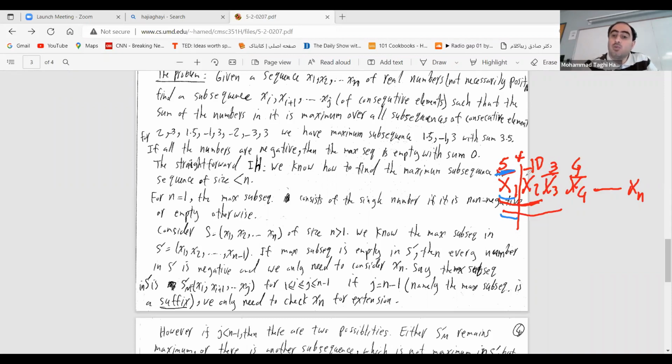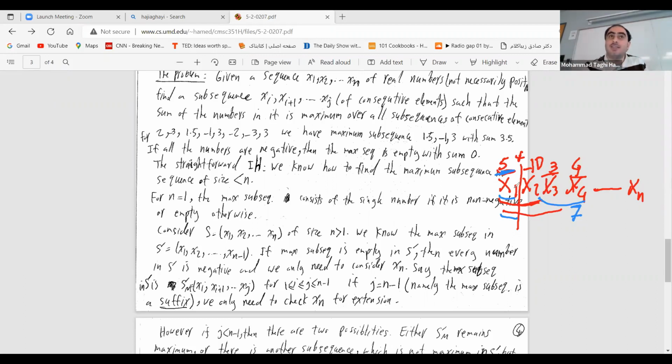If you want to do that, then you should have -10. If you have -10, 5 plus -10 would be -5, plus 3 is -2, plus 4 would be -1. So it's not a good solution. However, I can just take this solution. Good. What is this solution? It is 7, correct? So what is the idea? The idea is the induction hypothesis: I need to see what is the best solution that I had so far.